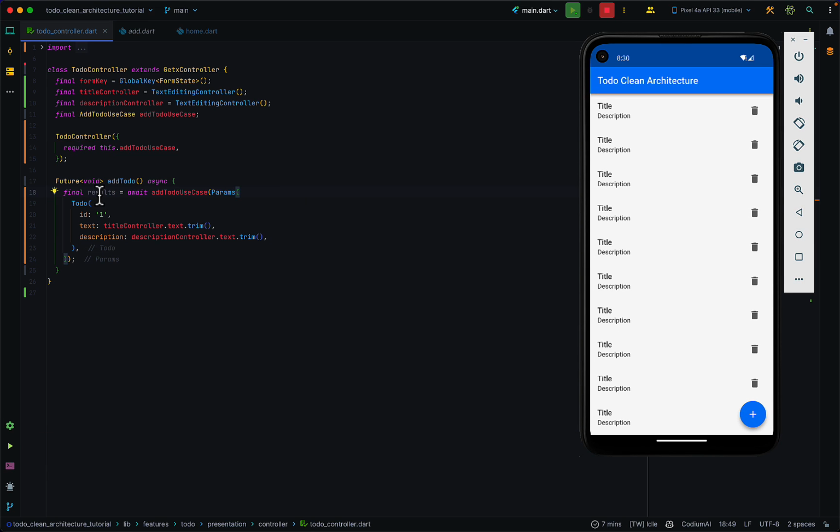So this is going to be our results, and our results is either going to be a failure or a to do, because we said that when we add a to do and it's successful, we want to return the to do we added. That's because of how we defined our repository. Or if it results in an error, we want to return that error. So how do we know if our addition was successful or not? So in the results, we can call a special method called fold,